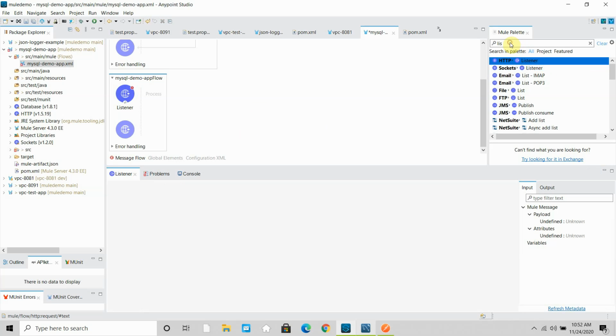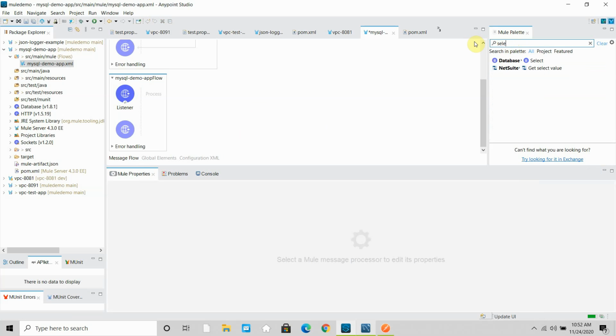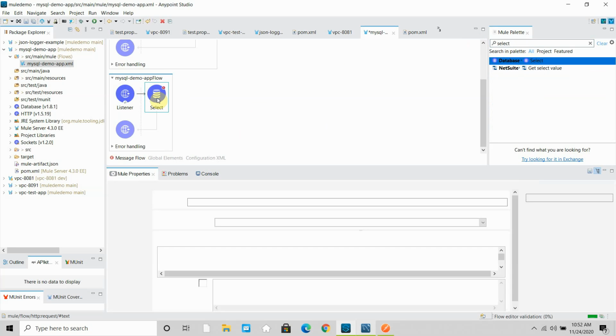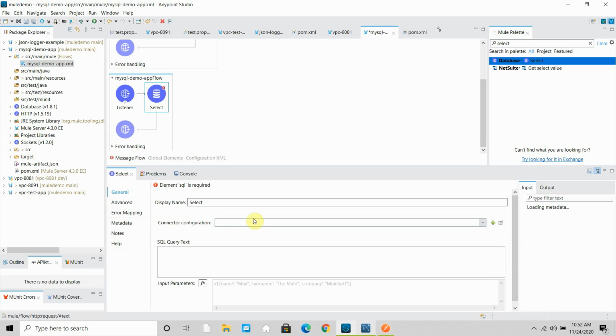Okay. Next thing, I will use the same select operation, database select operation. I will use the same connector settings, but the query will be this time select star from company, and the field name is ID. I have to use the where ID is equals to, I can put colon ID,